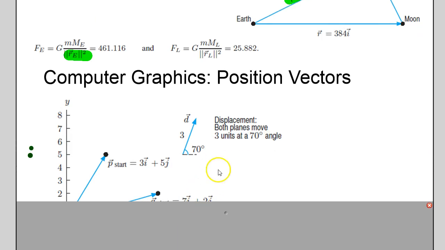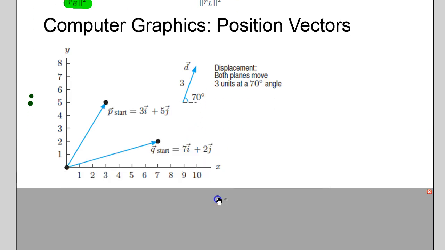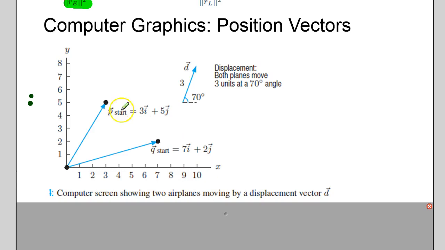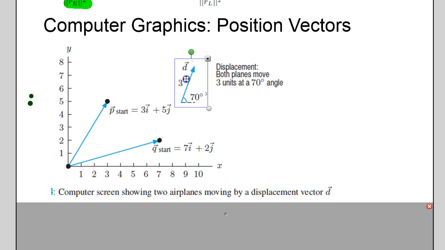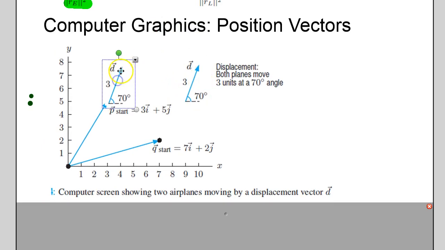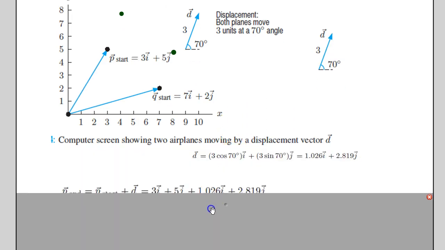Okay, and here's another example using computer graphics with position vectors. This is my start point, and this is another start point. If I move them the same exact way, the question is, where will the resulting point be? Well, I can easily do this and figure this out. The resulting point here would be over here, and the resulting point for here will be over here, approximately. Well, how do I find that value without a graph? Well, you find it using